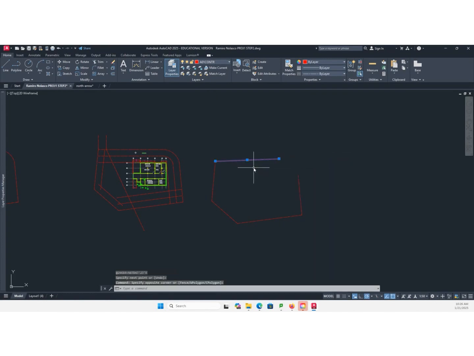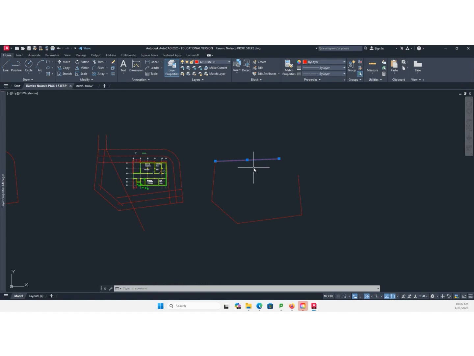Kindly listen. I changed that because I'm the CAD manager. Okay? I know to change it. But when you are in an office and you encounter that error, do not just change it. Report it to the manager. And the manager should go to the surveyor to verify. Do not just change the way I did it.